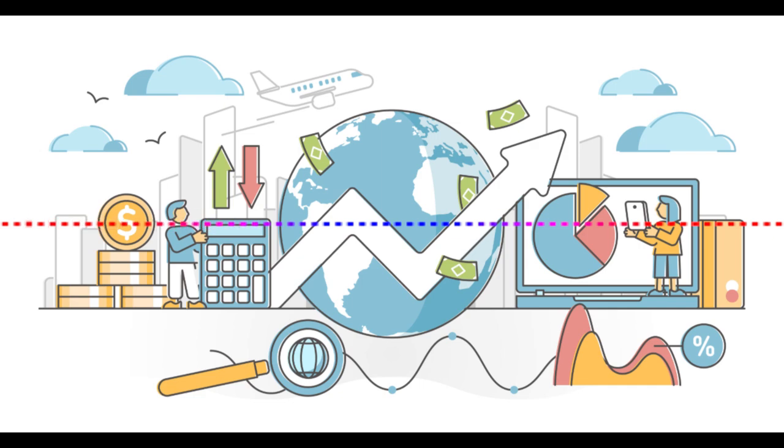Now let's turn our focus to the production side of the economy. Economists typically assume that producers aim to maximize profits. Profit is the difference between total revenue and total cost. The production function describes the relationship between inputs used in production, like labor and capital, and the resulting output. Consider a Uruguayan winery. The number of workers, the size of the vineyard, and the equipment used, all of those represent inputs that determine the quantity of wine produced.